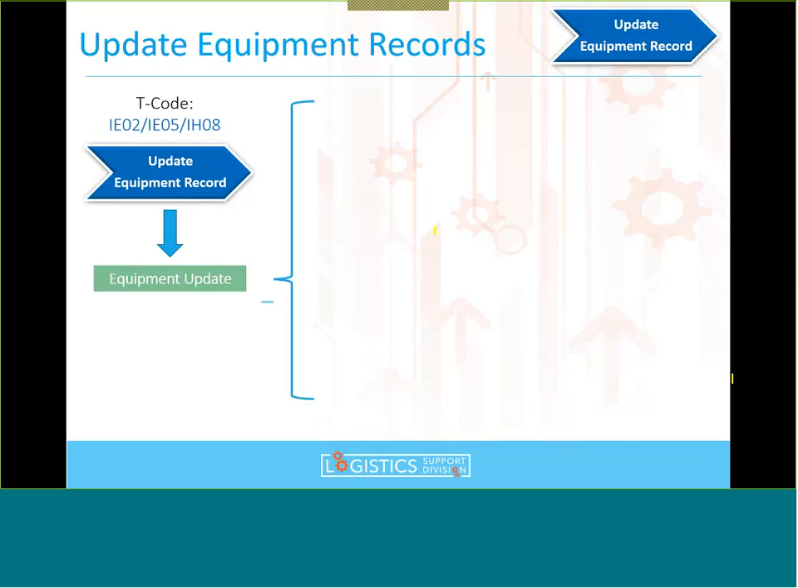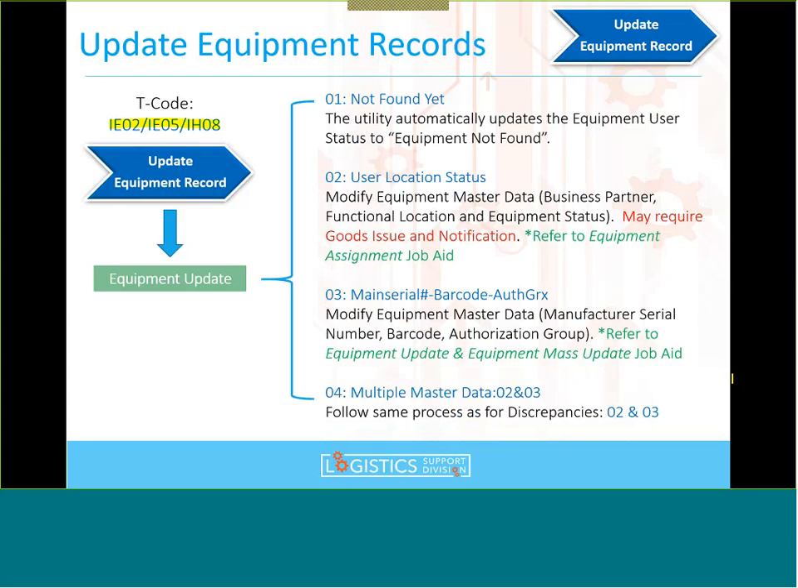Now here we'll have the T codes in the PowerPoint, which you should have received this morning. Basically, these are the T codes we're going to be focusing on for the equipment update according to discrepancy. This is extracted directly from the job aid, especially the first initial part here with discrepancy 01, not found yet. This sentence says the utility automatically updates the equipment user status to equipment not found. Sega, this is sort of a question that goes out to you as well. When I'm reading this in the job aid, and I see that the utility automatically updates the equipment user status to equipment not